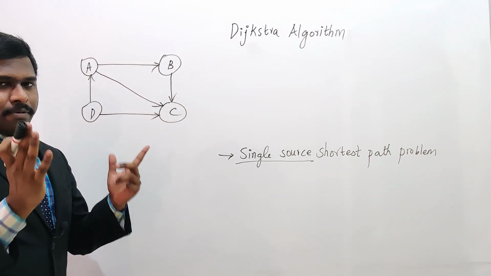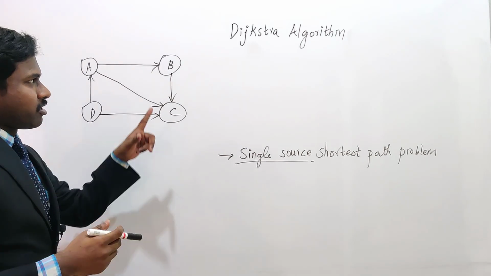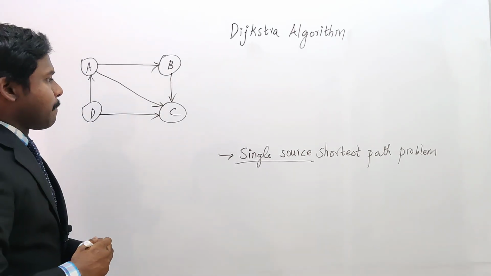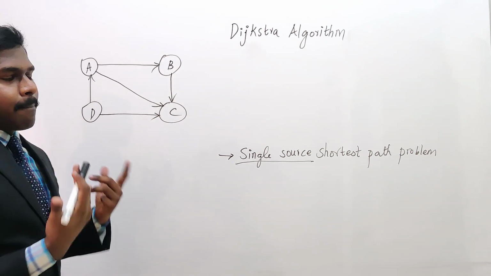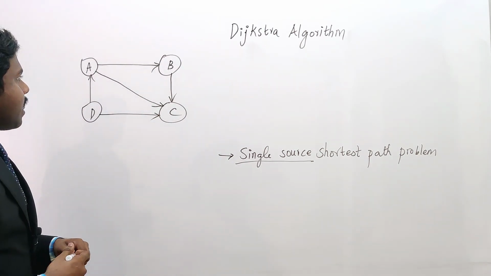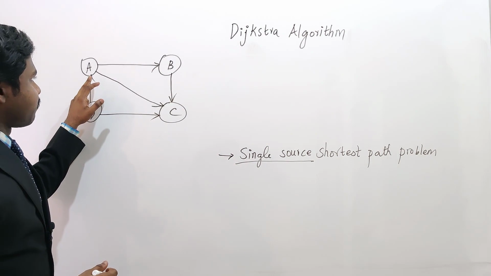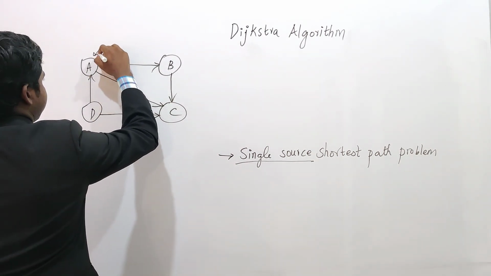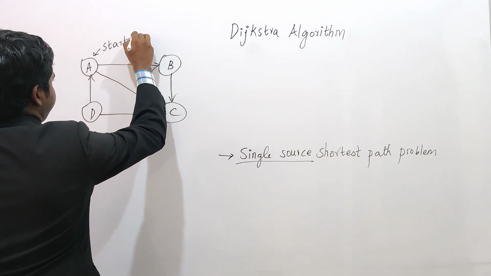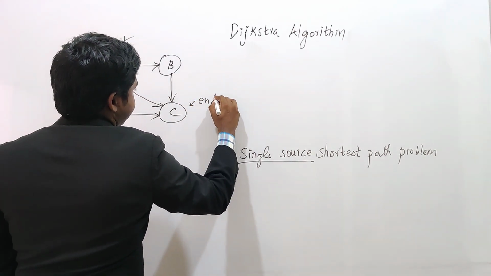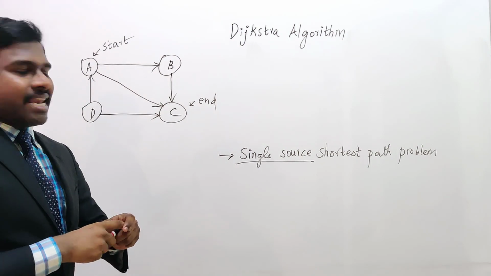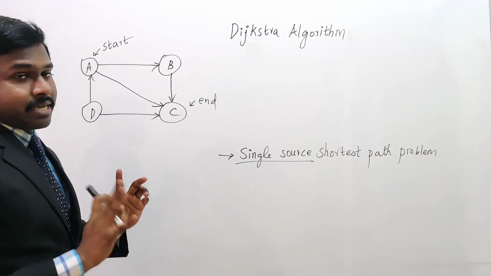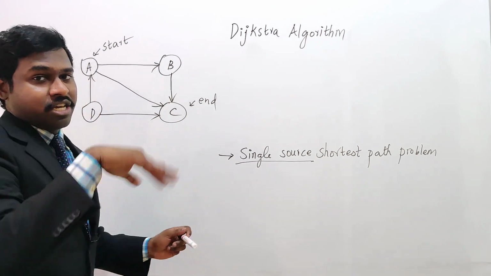So this is a sample graph which I made for just illustrating this concept of Dijkstra algorithm so that you'll be able to understand it much better, okay? Where we can apply this concept of Dijkstra algorithm is if you want to find out the shortest path from A to C, right? A is the starting source, so you need to know the starting source, start, and the end. So this end can be anything, right? Anyway, you have to go through any A, B, C, and D and find out the shortest path to traverse